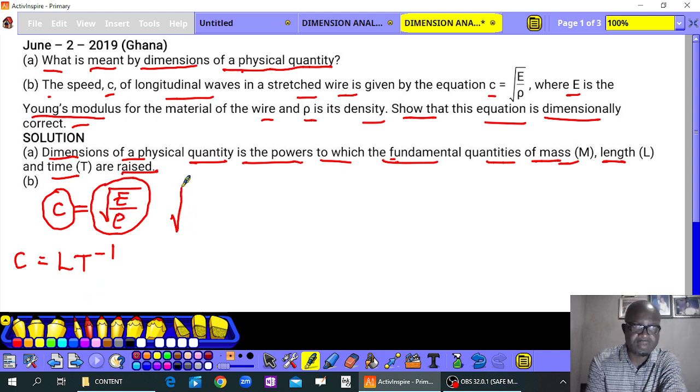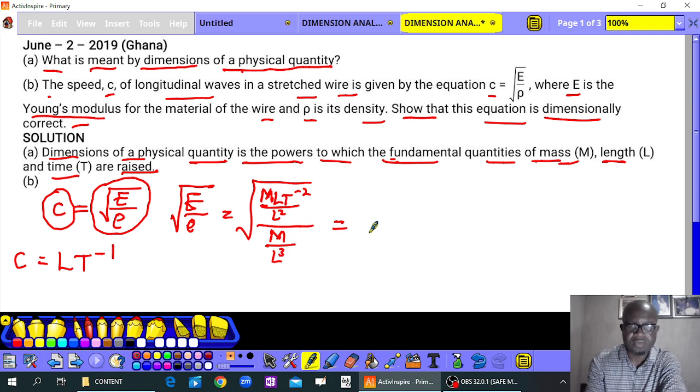So the dimensions of the root of E over rho will give us the dimensions of E, which is Young's modulus. Young's modulus has the same dimension as stress, and stress is force over area, and force is M L T to the power of -2, all over area, which is L squared, divided by the dimensions of rho, which is density, mass over volume, which is M divided by L raised to power 3. If we simplify this further, we should have